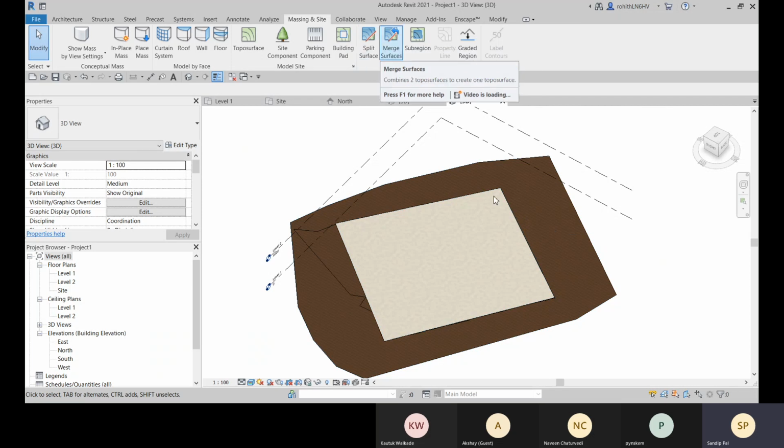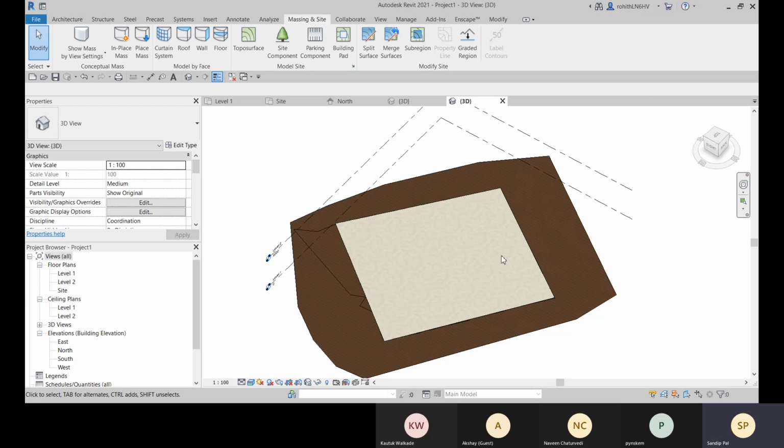If you choose split surface, it will split the surface into two different surfaces. If you go for sub-region, the divided part remains part of the main surface. So you choose sub-region when the materials are the same.